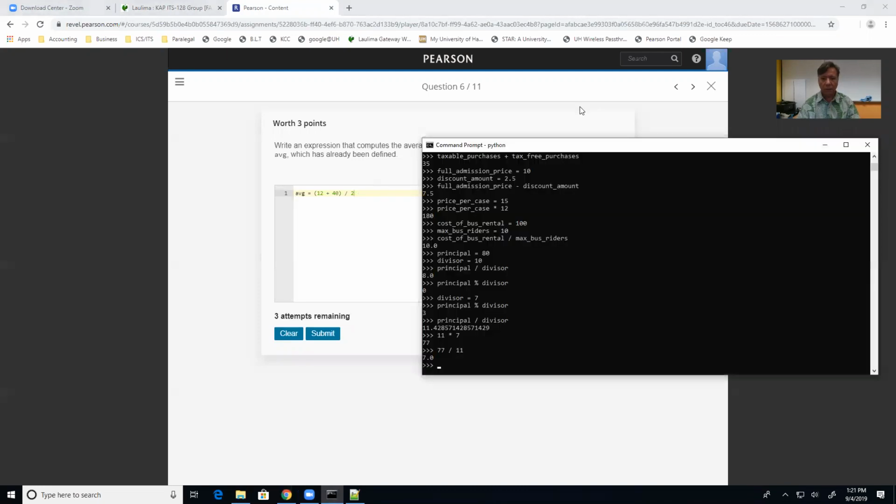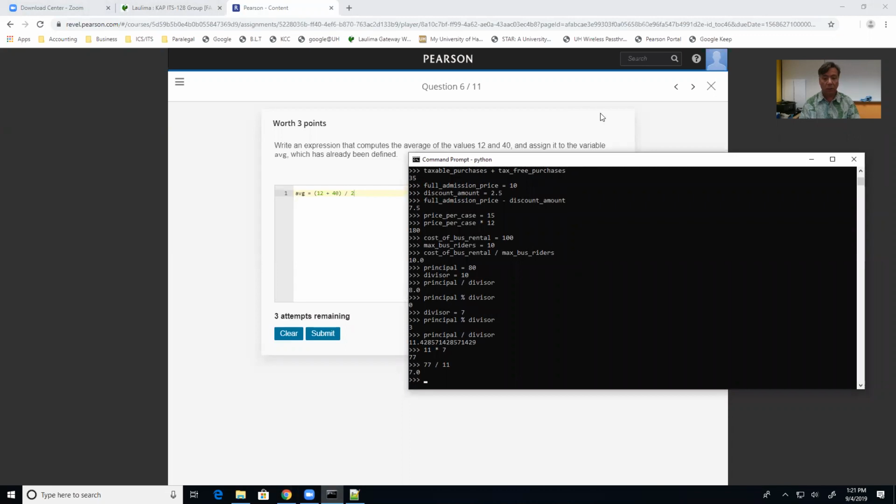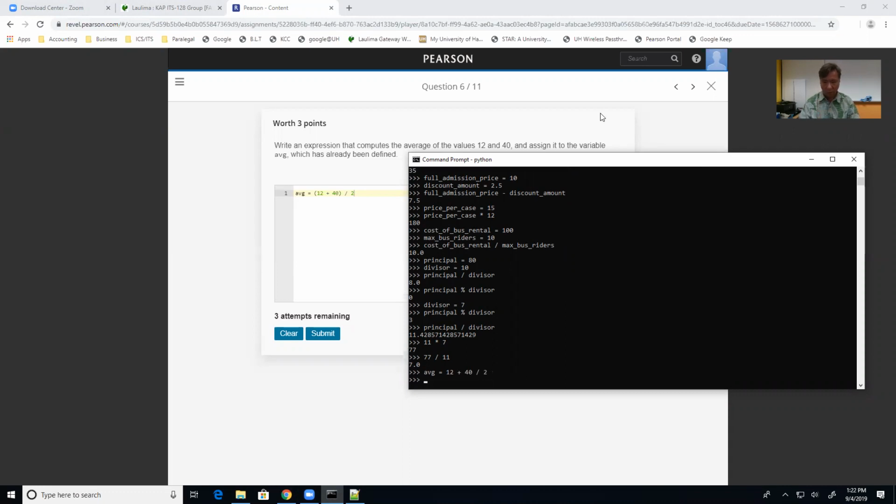So see, the thing is, okay, if we just write AVG equals 12 plus 40 divided by 2, and we print